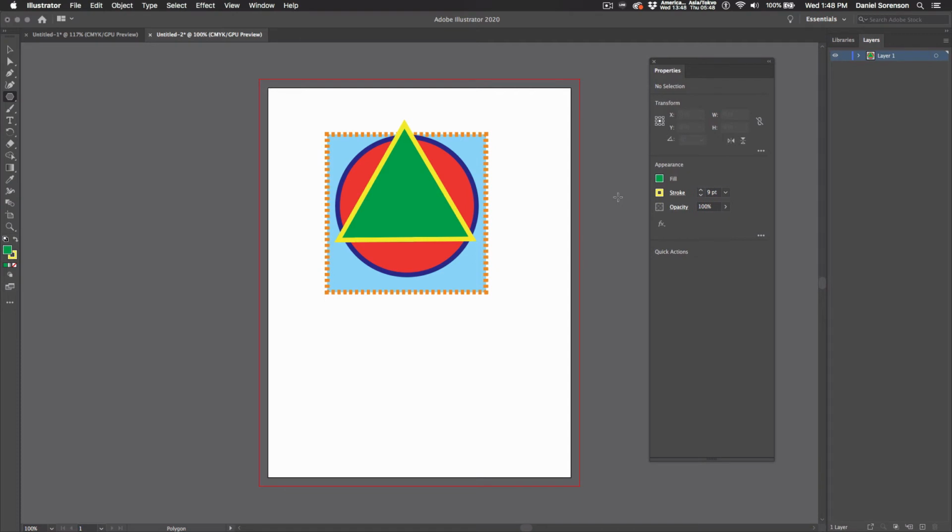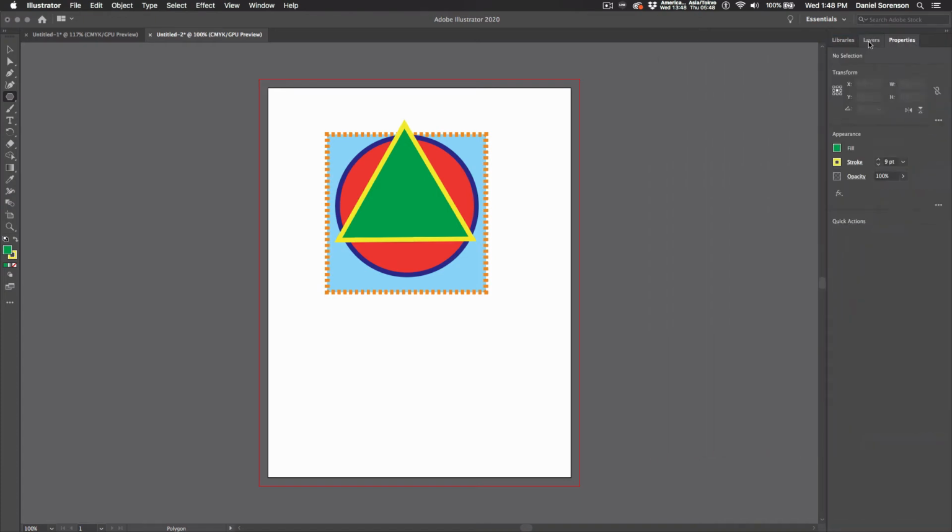All right, now I want to take a look at the Layers panel. So I'm going to go ahead and put the Properties panel back over here, tuck it out of the way, grab the Layers panel, and bring that on out. Layers in Illustrator are more like groups in Photoshop. If you twirl this layer open, you're going to see that every object, in fact, every path, will have its